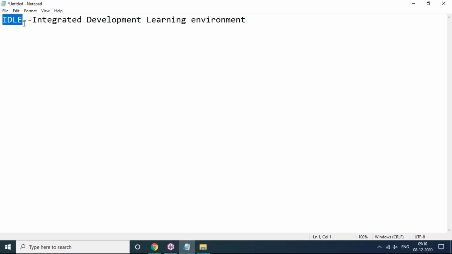This is just an editor tool, or editor software, we can call it. Editor means where we can write Python code and where we can execute our Python code. That platform is called the editor platform. As soon as we download and install Python software for the first time, ideally the software is going to be